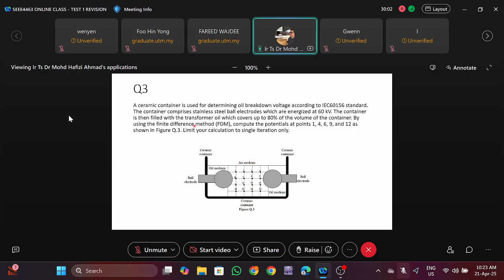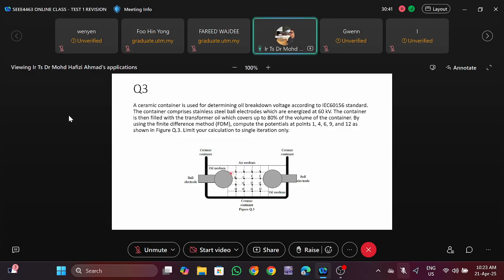By using the finite difference method, FDM, compute the potential at grid points 1, 4, 6, 9, and 12, as shown in the figure. We limit the calculation to a single iteration only. As we know, for the air medium, this point, this point, and this point will remain 0. Meanwhile, these points represent